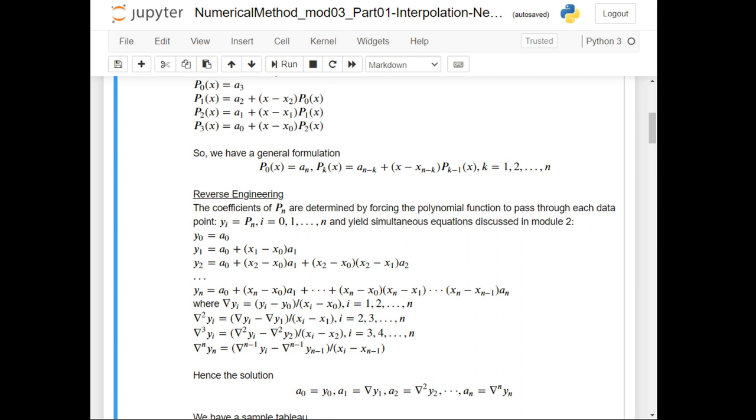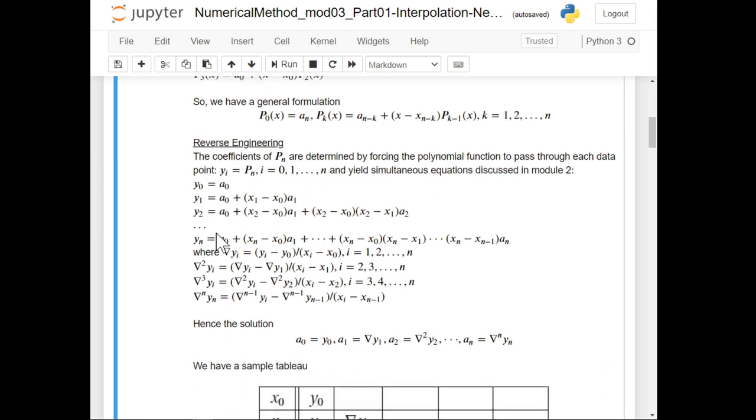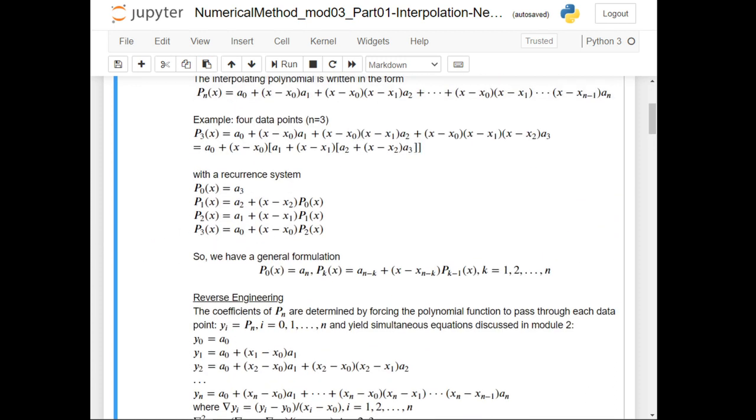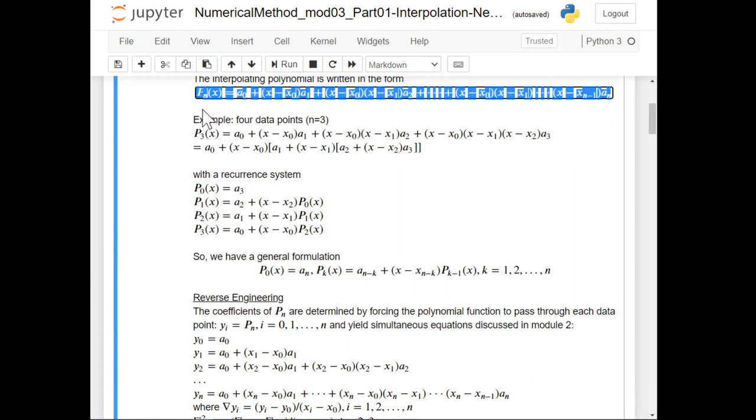So basically we are reverse engineering this one. So if you notice, we're given a0, okay, and then we have y1, and then we have y2, and so on and so forth. So with the general formulation, this one, which is quite similar to the general formulation of polynomial. Okay,